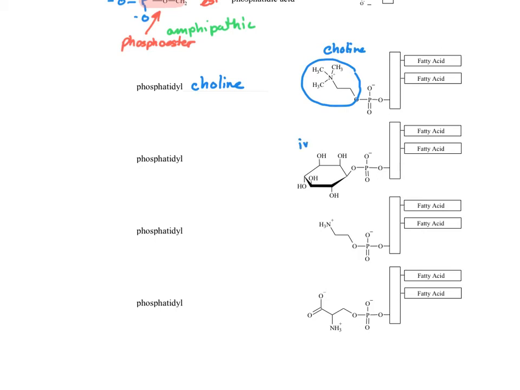If we add an inositol group, we end up with phosphatidylinositol. If we add an ethanolamine, we end up with phosphatidylethanolamine. And lastly,